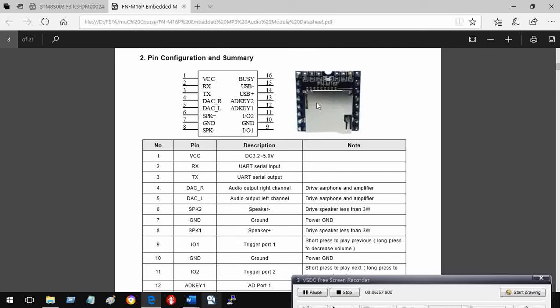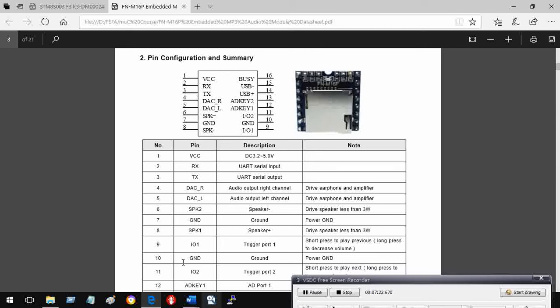This module has got an arrangement for putting in place one SD card. It has got RX-TX, and this is the RX pin, this is the TX pin. These are the two pins with which it communicates with the microcontroller.